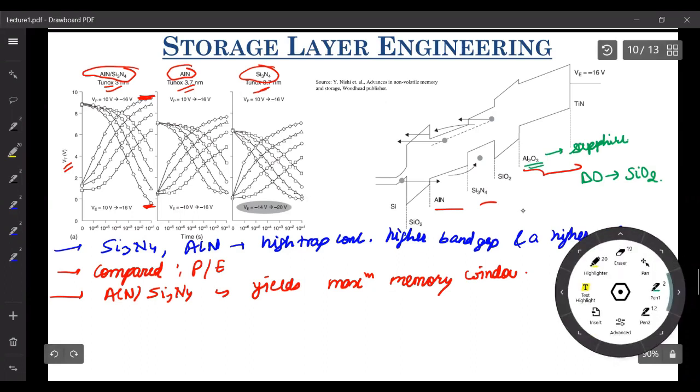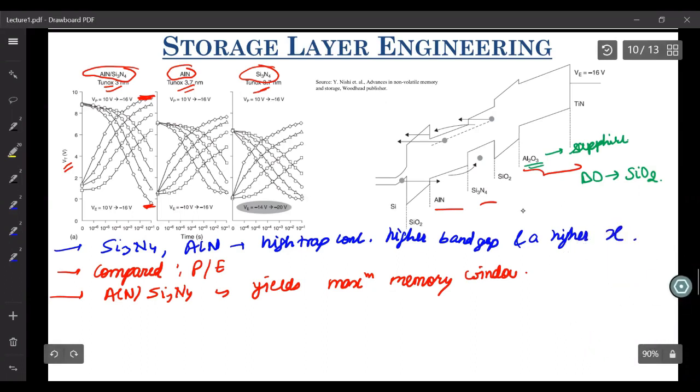Also now let us focus on this stack. So what this stack does is, there are electrons which are stored in Si3N4. What ALN gives them is an intermediate layer where these electrons in Si3N4 can go to, and then from here they can again tunnel back into your P-well. So it also accelerates your erase. So this kind of storage layer, this kind of band gap engineering accelerates your erase. And how it does that?